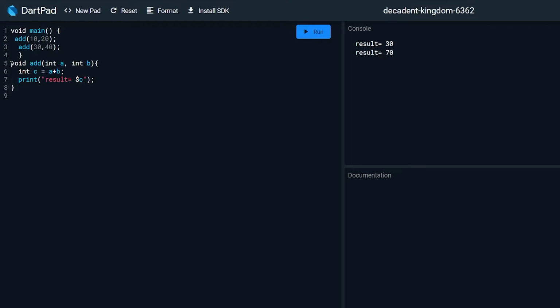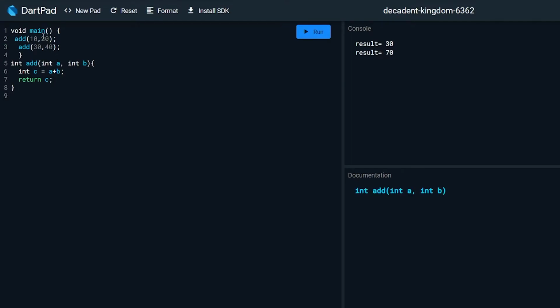So now we will learn what are the different words written in the function definition. The first word that we see is void. This is the return type of the function. Void means there is no return type. We can also write int here. Int means that the function returns something. Like we get an error here: the body might complete normally causing null to be returned, but the return type is a potential non-nullable type. This means that we have to return some integer value from this function. So we can do it like this. We can return c here. c is an integer type which stores the sum of the two numbers that we pass.